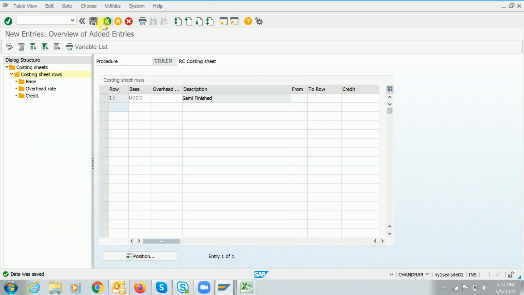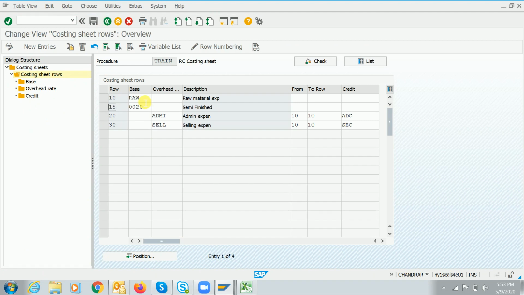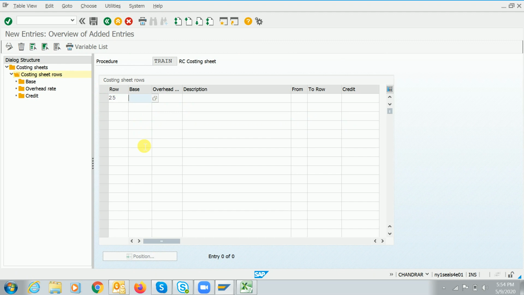If you go back here, you have raw material expenditure, and number 2 is for the semi finished product. For the first one, for the 10%, I have maintained this. On this itself I have another one, so I'll create another, 25.